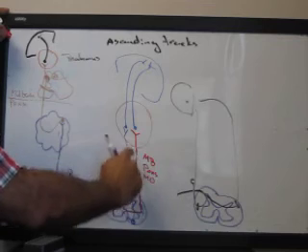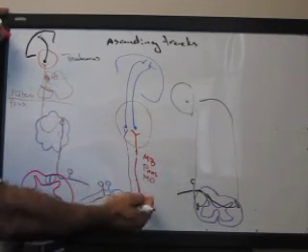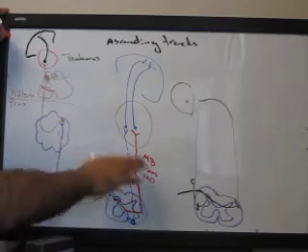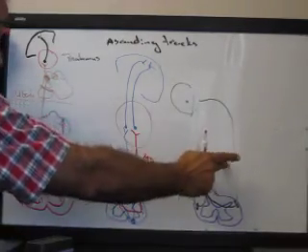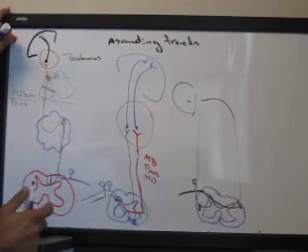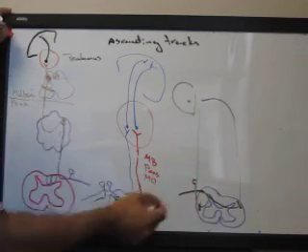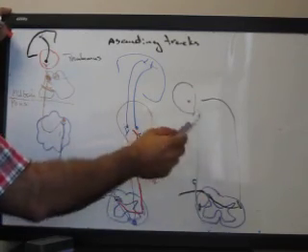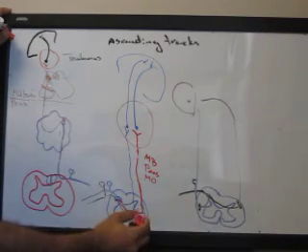If I cut this, then I'm interrupting the pain and the crude sensation and the temperature from the opposite side of the body below the site of the injury. And if I would cut this side, then it's not going to affect the sense of position and the information going to the cerebellum. The other thing that's interesting about the spinocerebellar tract, which is this guy, is that